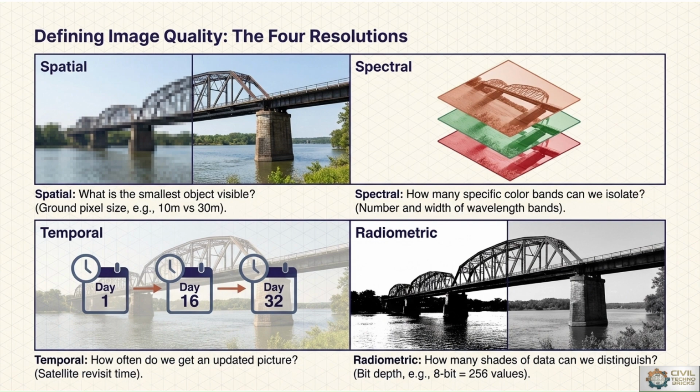Spectral resolution indicates how finely a sensor can distinguish different wavelengths. Temporal resolution refers to how frequently a satellite revisits the same area. That is temporal resolution: day 1, day 16, day 32, means the cycle is of 16 days. And radiometric resolution is how many shades of data we can distinguish based on some